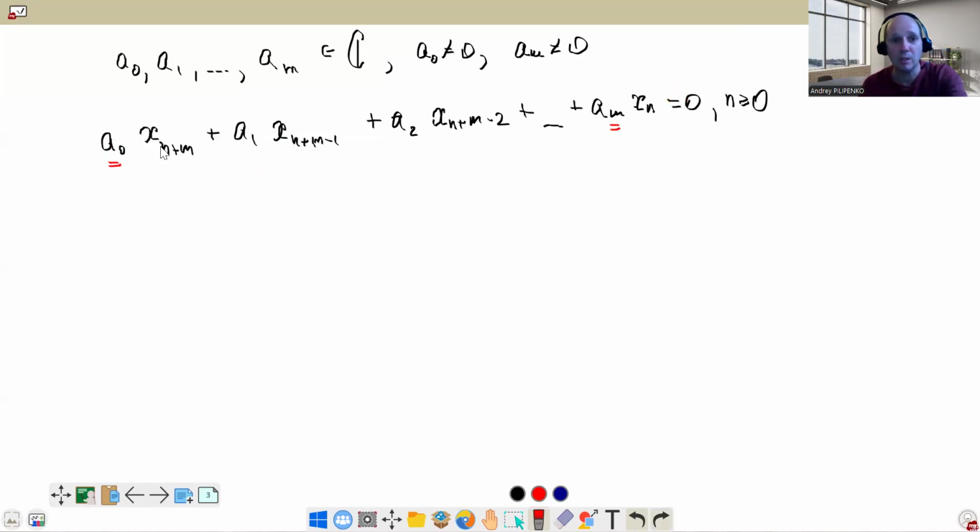So for example, if we know x0, x1, and so on, x_{m-1}, then we may find, at least theoretically, all other numbers of this sequence. And the idea how to solve it is to use